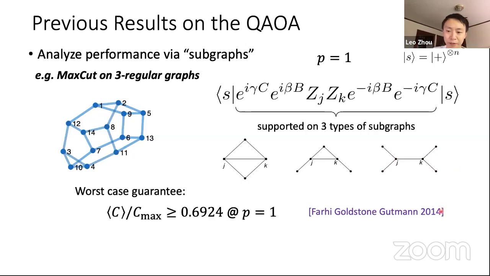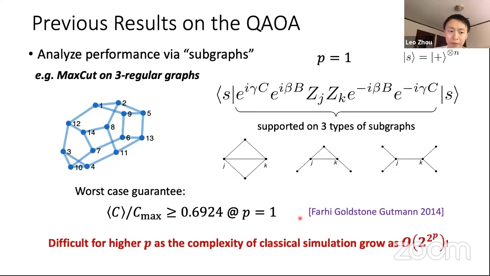This was used in the original QAOA paper to show that for 3-regular max cut, you can get a worst-case guarantee of achieving a cut that's 69% of the maximum at the lowest depth, p equals 1. This idea was nice and non-trivial because it provided the first performance analysis and guarantee for quantum optimization. But it's very difficult to generalize this for higher p because the complexity of the classical calculations grows